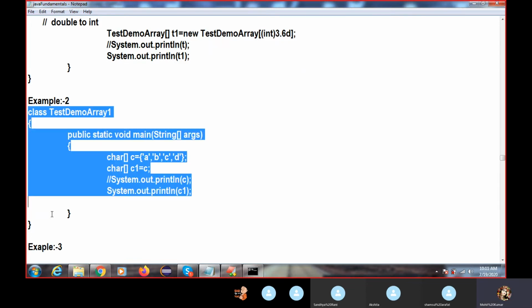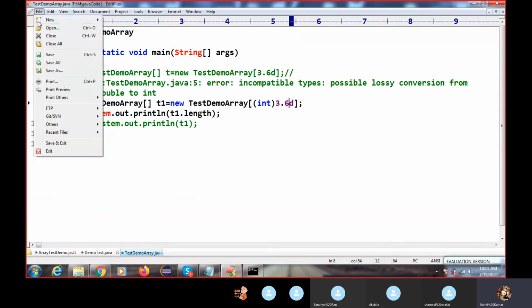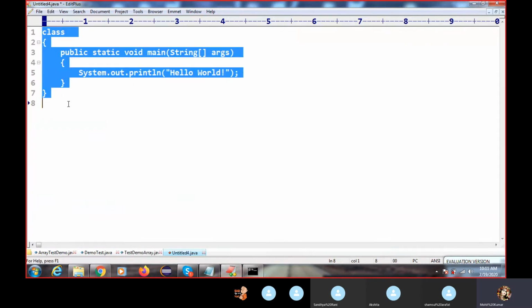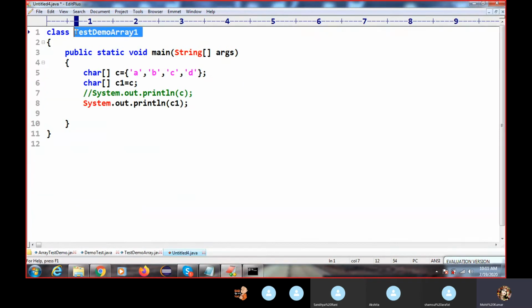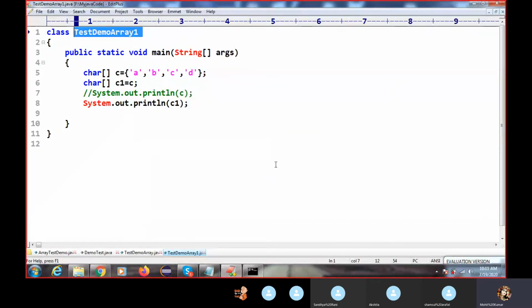If you have a char type of an array, we can store one variable into another variable. These are the basic things. When you are using the array concept, you cannot get stuck anywhere if you are doing any practice or working in real time. But they will not ask many questions of this type of scenario. They will ask only what is the difference between array and collection, and your logical programming.